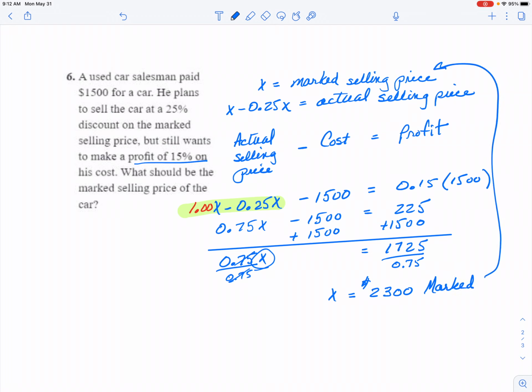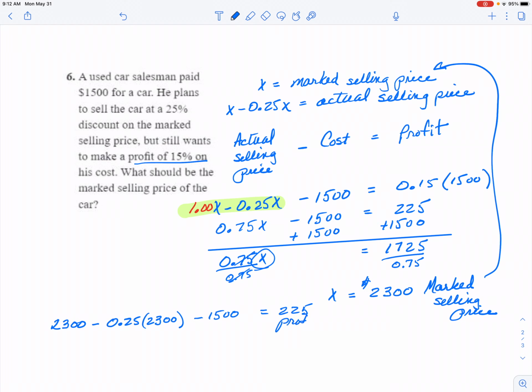Remember, that's what X stood for back up there at the top. See that X is the marked selling price. Okay, so again, if you want to sort of think through it, he marked it $2,300. He's going to reduce it by 25% of $2,300. And then he's going to take off the cost, which was the $1,500, and he hopes to end up with